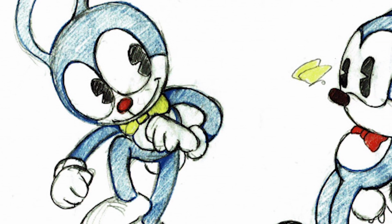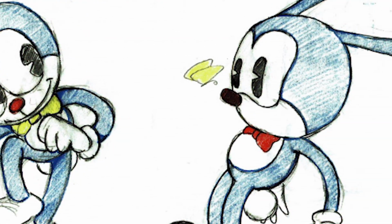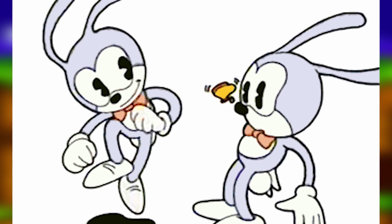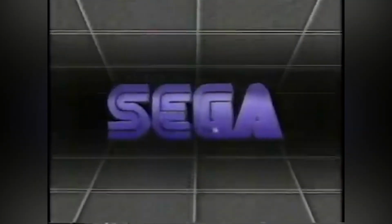So this rabbit was the front runner of what could have been Sega's new mascot of the 90s, before the idea of a too cool for school hedgehog took center stage. This rabbit was meant to run through levels at similar speeds to Sonic, and pick up items with his ears to throw at enemies. Now to understand how this rabbit and other designs I'm showing came to be, we need